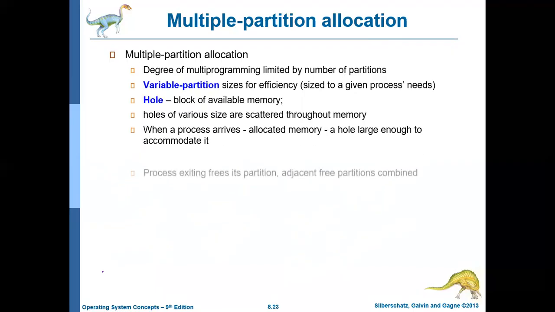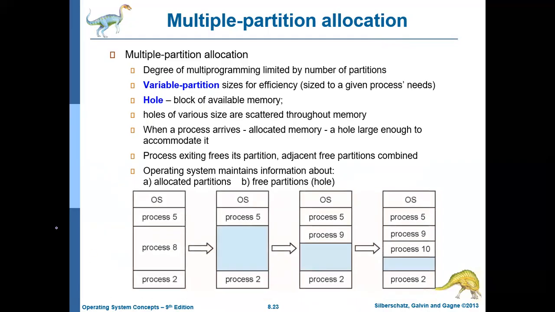So this diagram shows how the partitioning is happening. Here the OS is shown at the top. That doesn't mean that it is using higher addresses. No, the address you can start from here. So the OS, you can say, is stored from 0000 to 2000. Throughout our discussion we are assuming it is stored in the higher address, but you can represent it in any way. So there are three processes, process 5, 8, and 2, at one point of time.